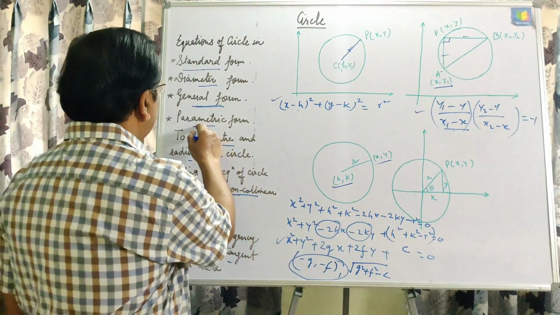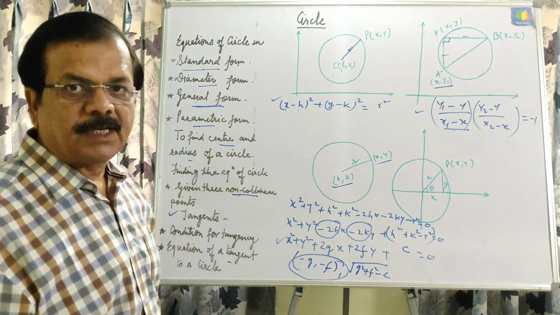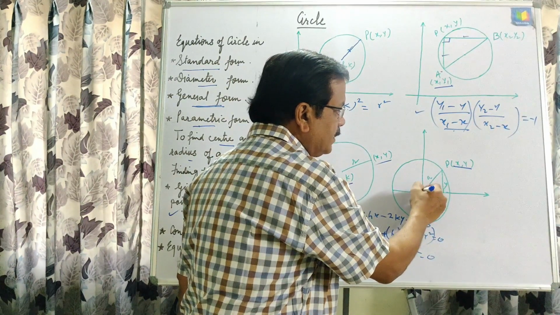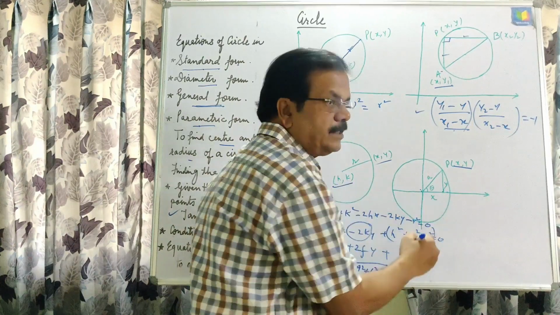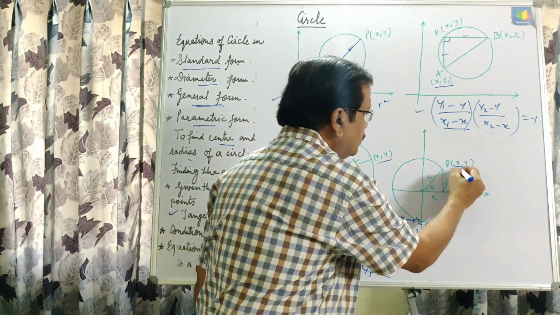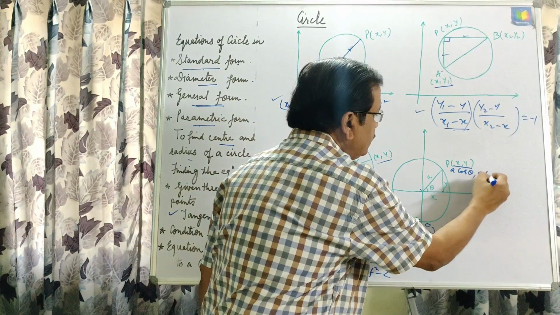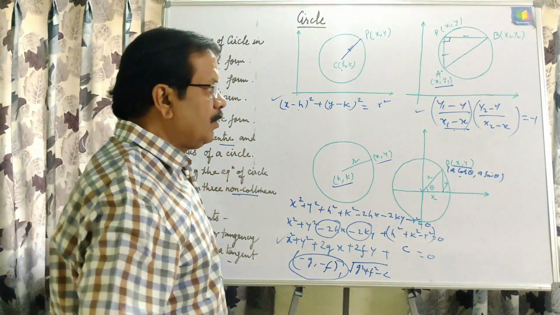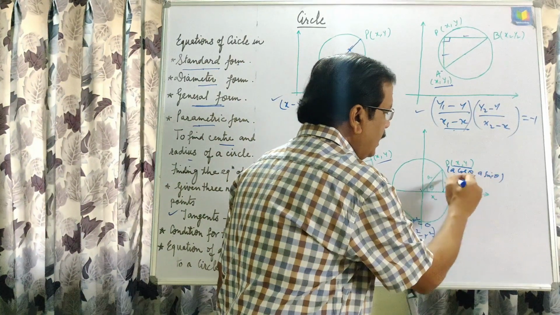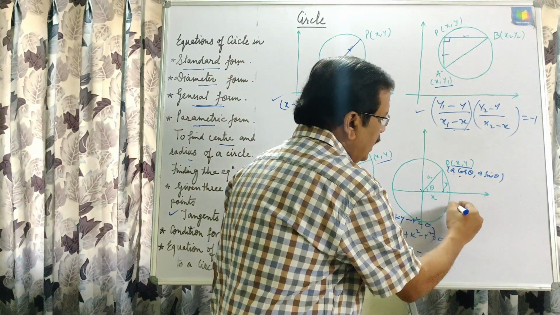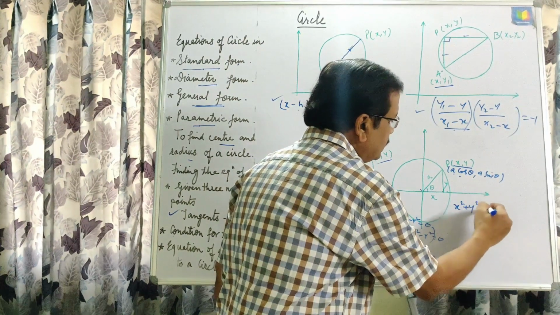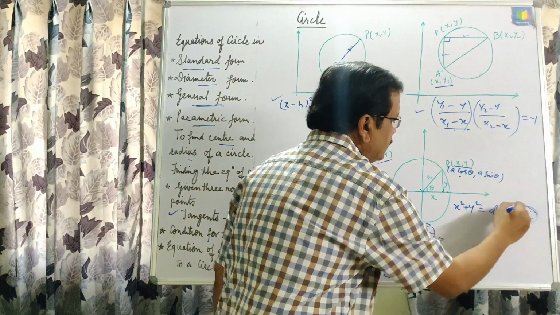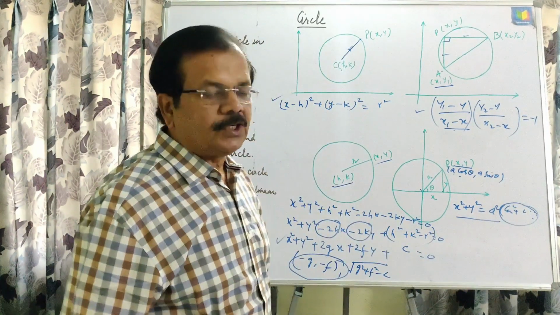And then next, that is the parametric form of the equation of circle. If the coordinate (x, y) is written in the form of, this is the radius a, then this is a cos theta and this is a sin theta. So a cos theta and a sin theta, and this is the parametric equation of the circle, because after squaring and adding this way, we are getting x square plus y square is equal to a square (cos square theta plus sin square theta), and this is 1. So we are getting the equation of circle.